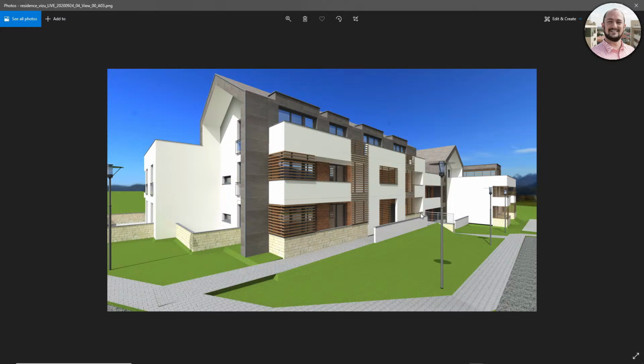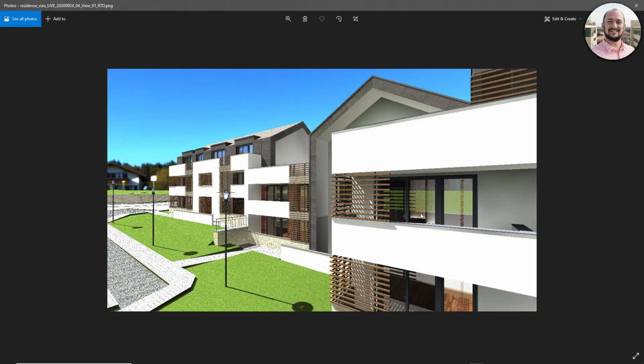Okay, so let me show you another angle of this building to introduce these settings. And now I also created, just for comparison, a render with the real-time ray traced setting, which is also just for work. As you can see, it's not clear at all. The edges are jagged and so on. But the reason for this real-time work render is to have a very quick result, literally in seconds, and then you can say, okay,